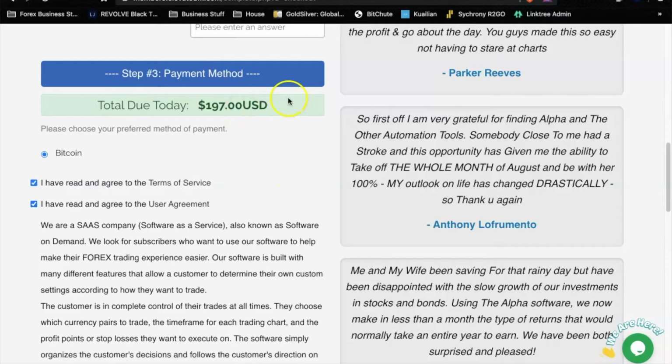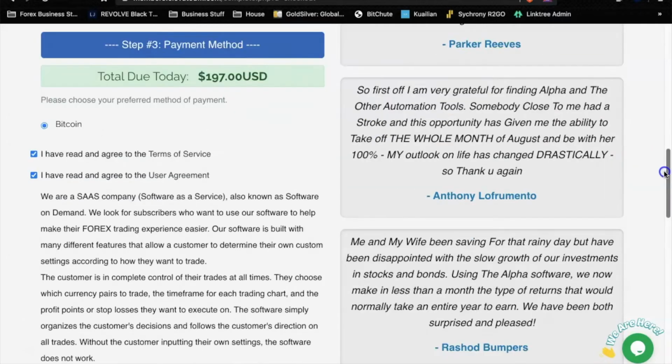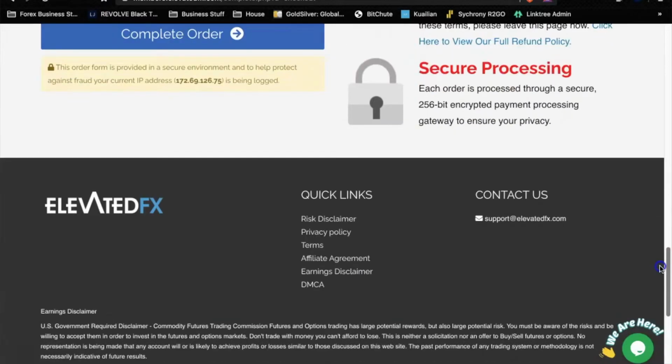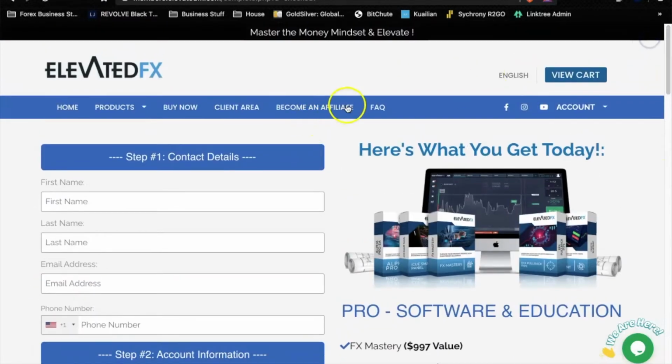We actually have an instant payment method with Bitcoin that will actually, well, I guess I need to tell you guys about our affiliate program. When you get inside, also become an affiliate, because what we do is we pay 50% commission for any customer that gets us a referral. And so how that works is if somebody gets the 197, if we refer somebody to our company and they get the